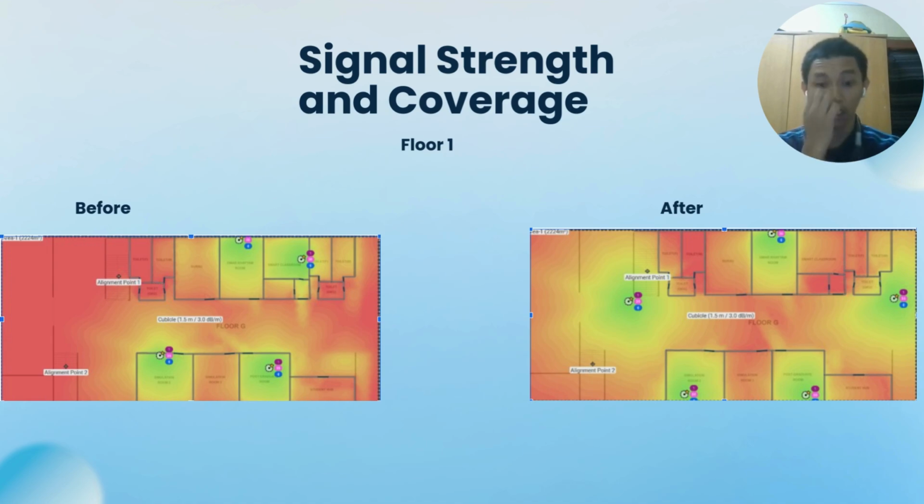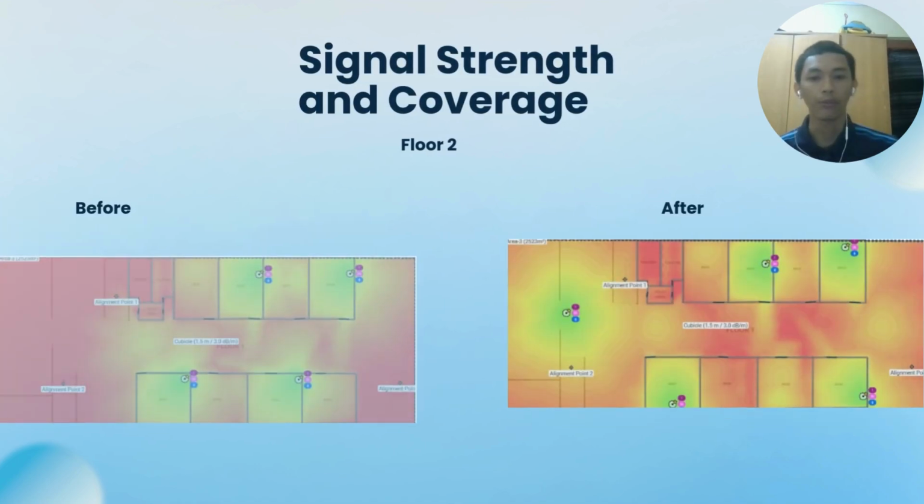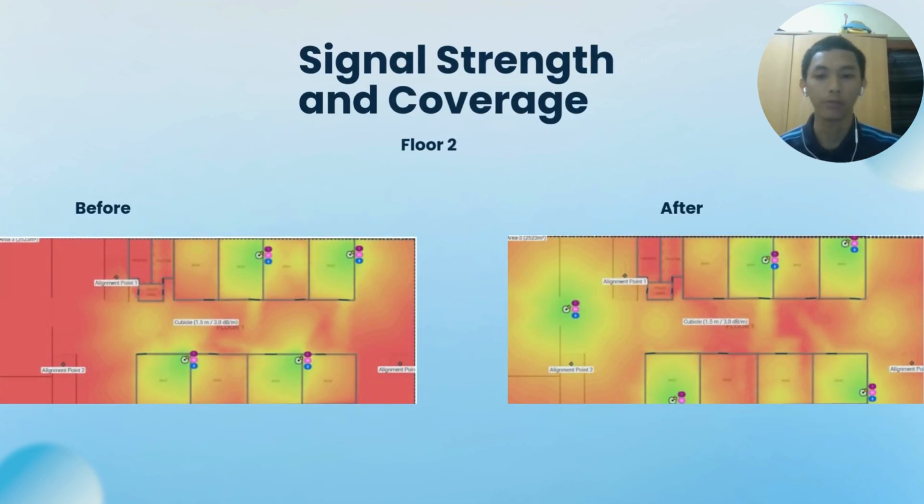unreliable connections. After the optimization, the placement of four access points was adjusted to ensure consistent coverage throughout the floor. These adjustments improved the signal strength significantly by eliminating the dead zones and providing a strong connection in all areas. So for floor 2, before the optimization, the signal coverage on floor 2 was inconsistent with